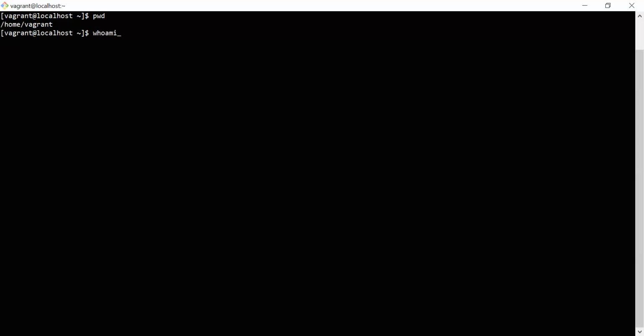whoami. Of course, I'm able to see which user I'm in: the Vagrant user. For example, let's say I'm not using the bash shell and I'm using some different shell. There are different shells in Linux, such as the Korn shell, Bourne shell, and so on. It is pretty important which shell you interact with and which commands you execute on top of that shell. A shell is nothing but